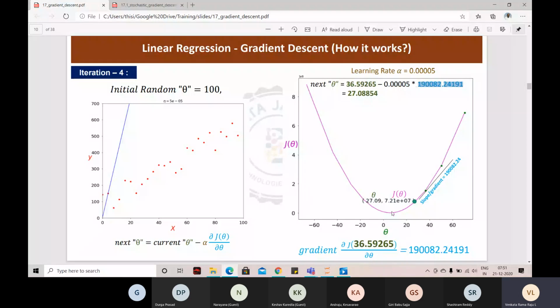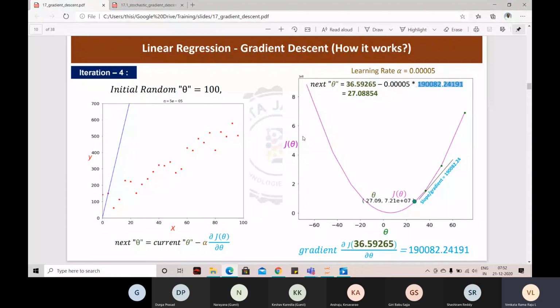Where is the best theta? Near 0, right? Here the best theta is there. How did you say that is the best theta? Minimum error. Minimum error, right? The cost is the main focus of algorithms. 99% of ML algorithms and deep learning algorithms depend on the cost function. They look into the cost function while playing with the other parameters and hyperparameters.